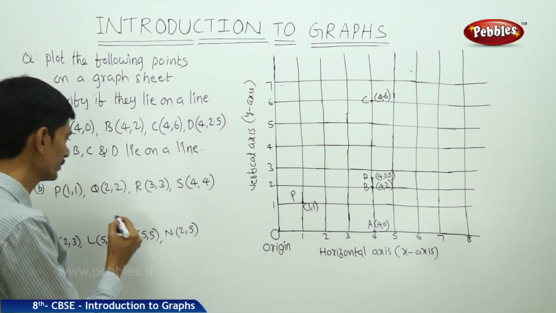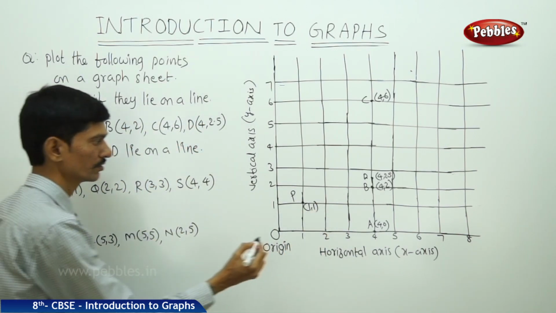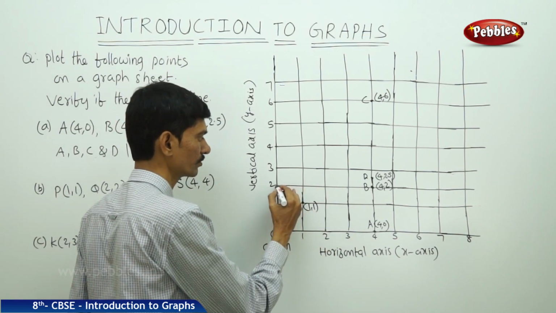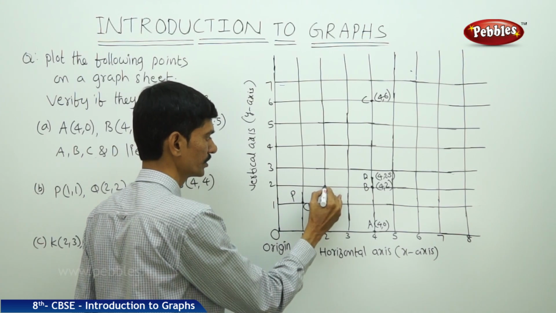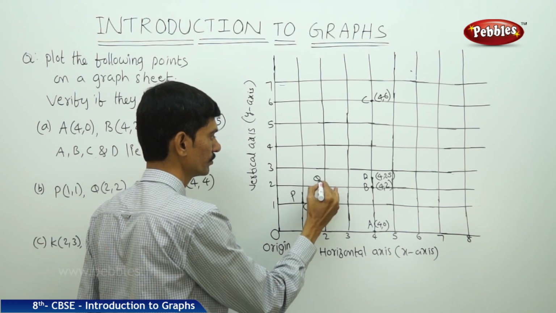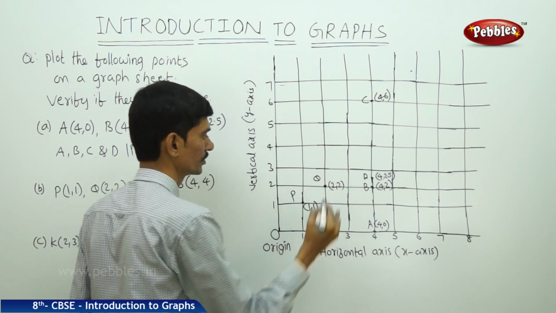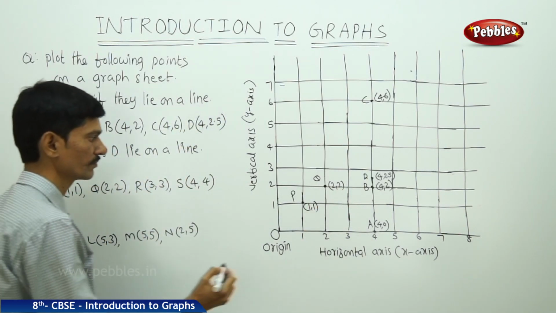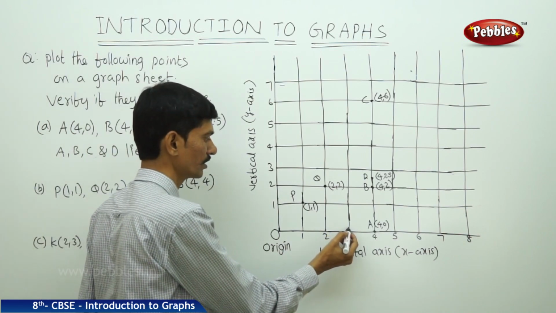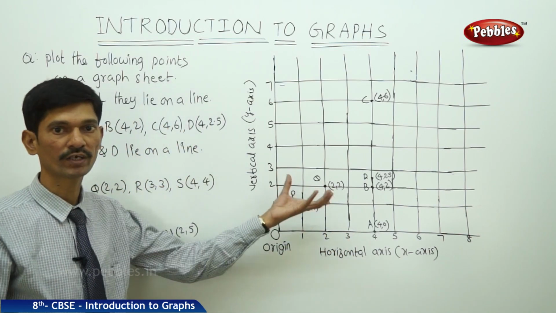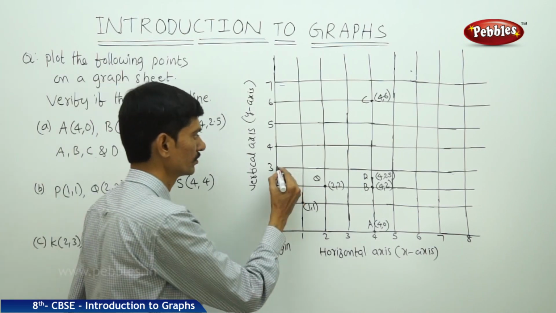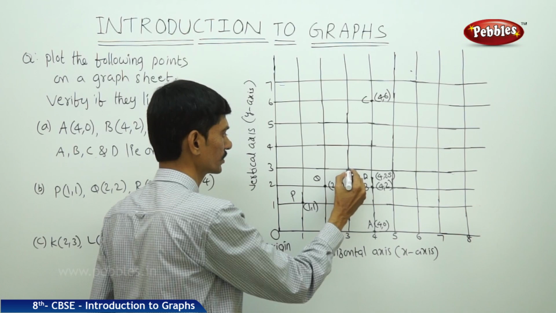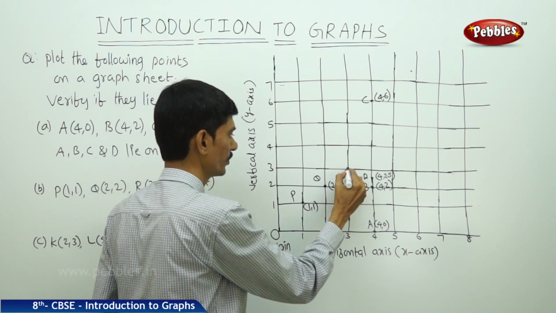Now the second point is Q (2, 2). So this point is on the x-axis we can take 2 and also on the y-axis 2. So this is the point Q (2, 2). Then the next point R (3, 3). So (3, 3) means on the x-axis 3 and also on the y-axis 3. So these two lines will intersect here. So this point is R